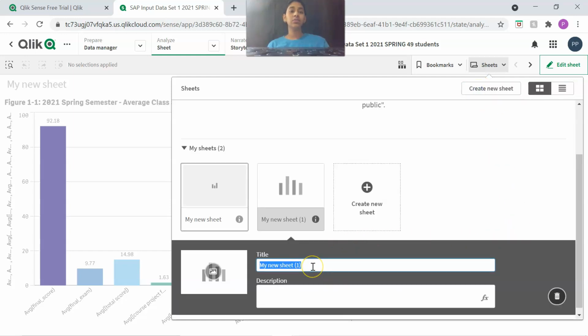So here you can give the chart name. So now I'm going to create the percentage of students obtained each type of grade. So now I'll give students obtained grade chart title.